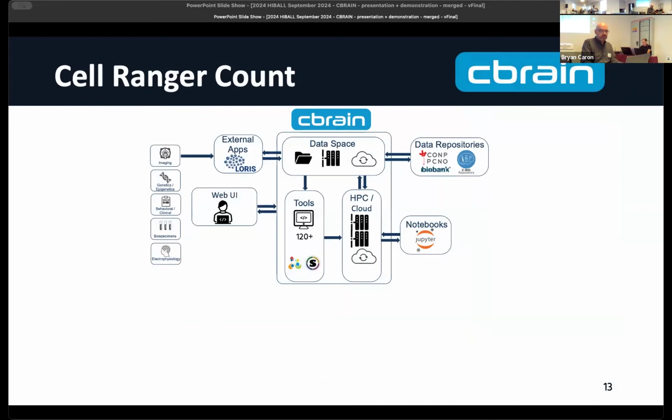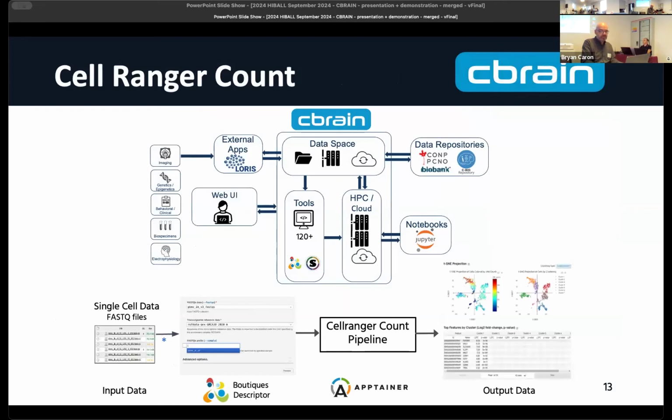One of those, for example, is Cell Ranger count. But the nice thing is, again, it exercises this end-to-end workflow, right? People are using the GUI, picking the data, selecting where it wants to be run. It takes the input FASTQ files, but the nice thing is also the embedded viewer that we have within CBRAIN. Because Cell Ranger, or any tool that produces just HTML output in general, you can view it directly within the CBRAIN web interface. You don't have to download it separately to look at it on your computer. You can just see the embedding directly within your account on CBRAIN.